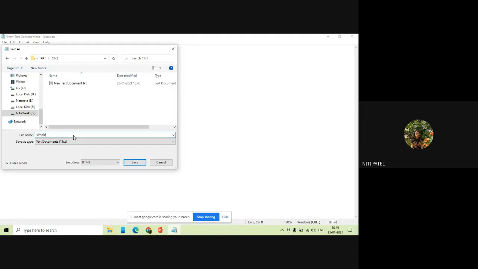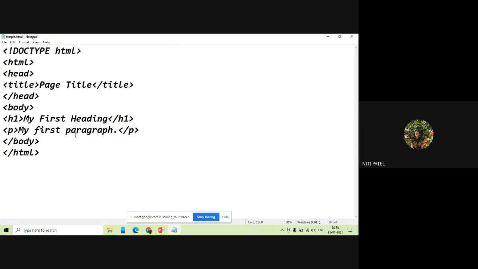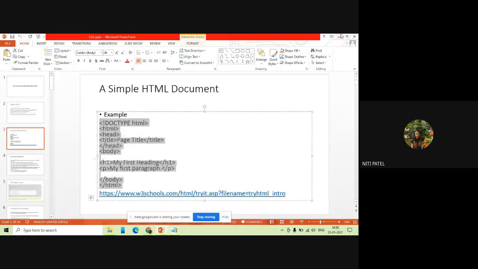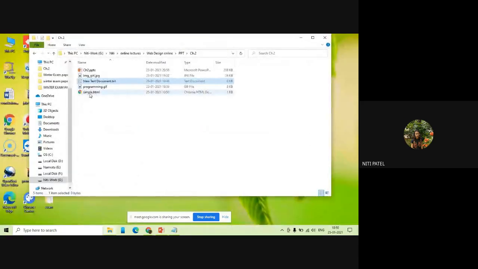Now, you do not have to save this as a text file. Since you want to create it as a web page and display it on the browser, you are supposed to save it with the extension called HTML. So you give the name to the file and save it with the extension .html. This will convert your text file into your web page. Okay, click on save. Now let us go and see. It has converted my text file into an HTML file.